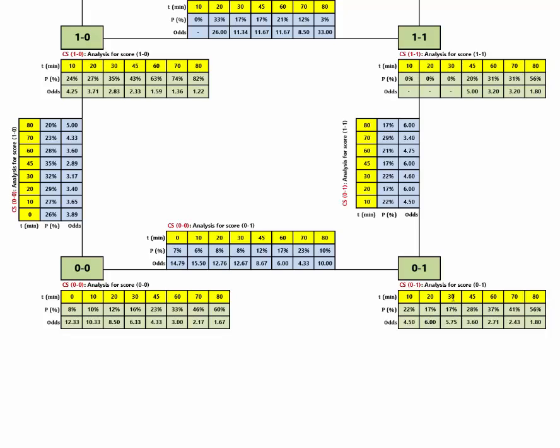we can see that when the current score is 0-1 at 30 minutes of the game, the real odd for the score 0-1 is 5.75. So we can understand that if we have a goal at 30 minutes, the real odd for the market for the score 0-1 drops from 12.67 to